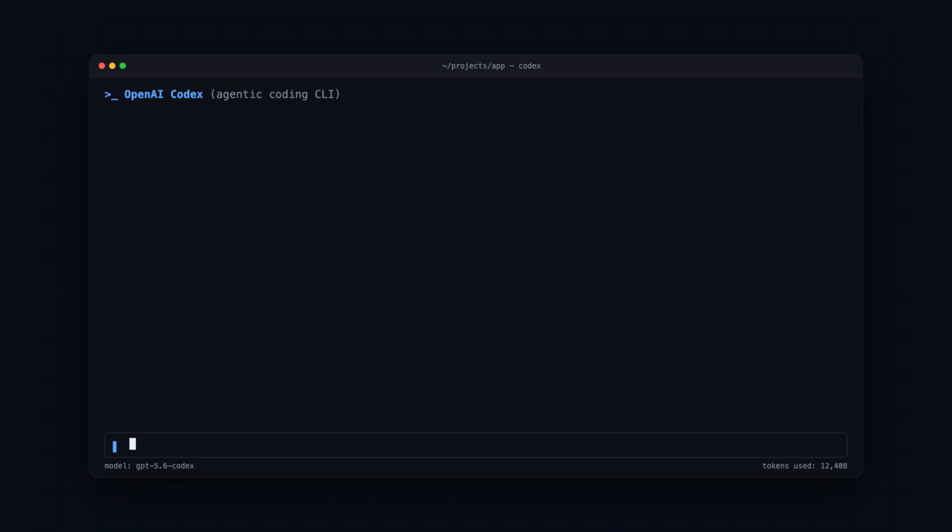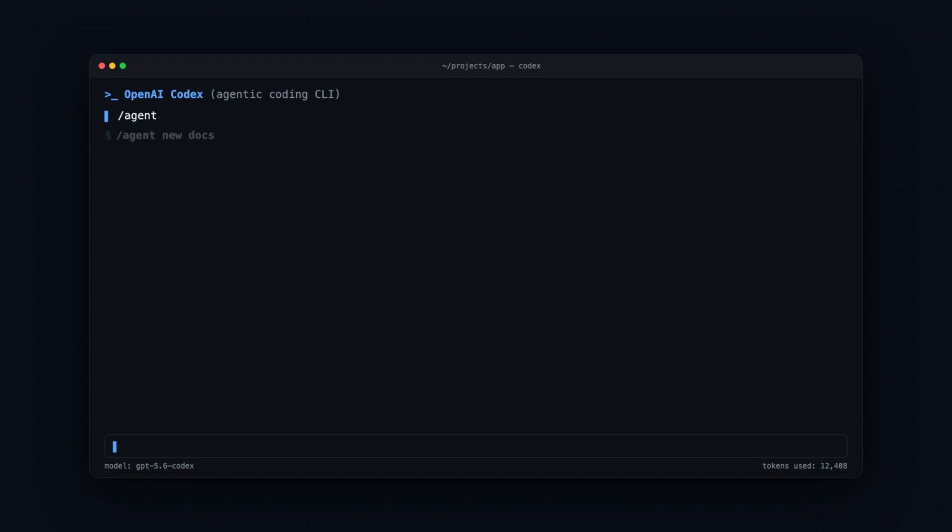We're deep into a refactor, but a second task just landed. Let's use agent to keep them separate. We type the word agent on its own to see what threads exist. Right now there's just the main one carrying our refactor. Codex treats each thread as a separate line of work, with its own context, so nothing bleeds between them by